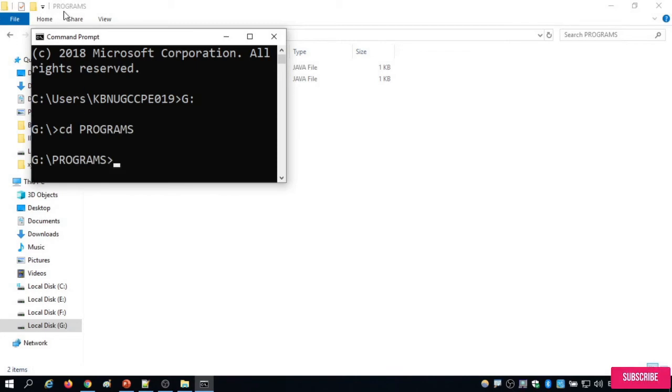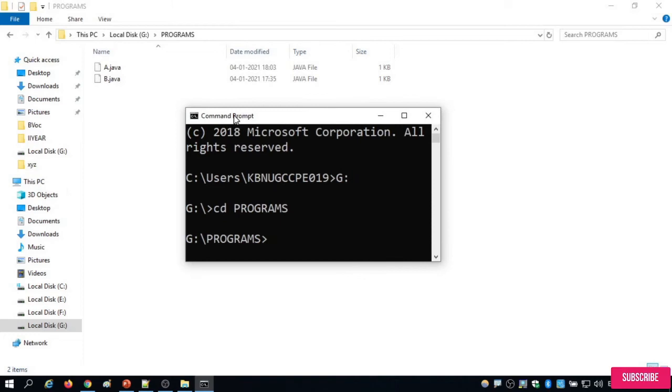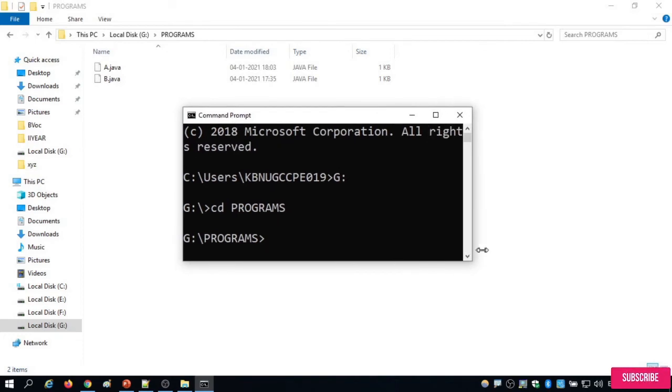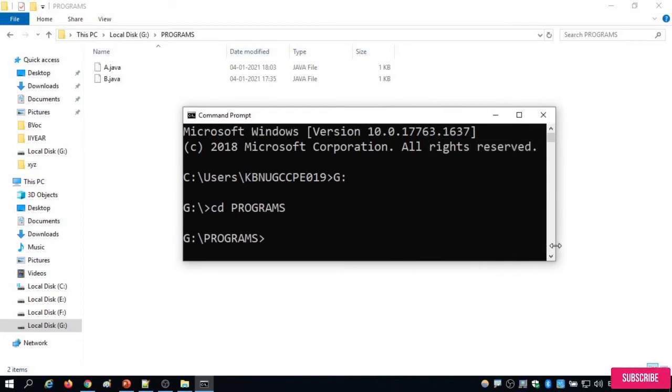Compilation is different compared to normal Java programs, right? For compilation, javac -d, I want to generate my .class file in the same working directory, so I am using dot. Then the file name is A.java, and after hitting enter, this will generate a folder here. That folder is the package. Enter.